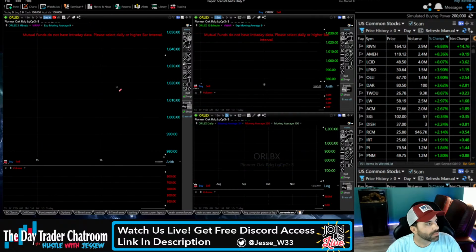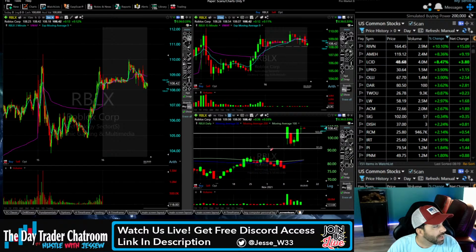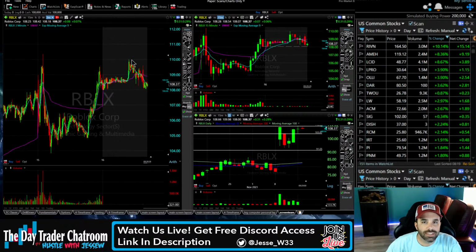Roblox. So Roblox finding resistance up here in this 110 zone. You could see it's been pretty strong resistance. It was a top on this big gap up day. It was a top yesterday on a nasty looking doji. And then so far in pre-market today, again, another top at that 110 zone. So I would realistically like to see